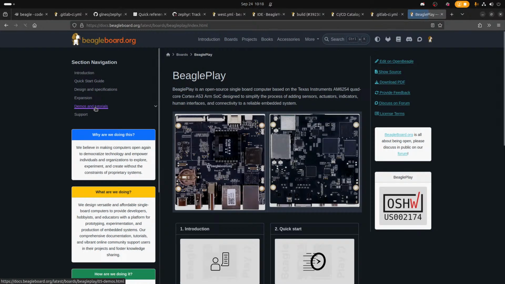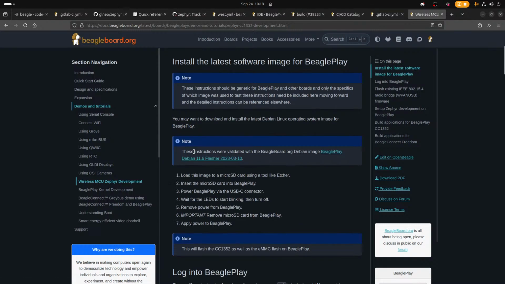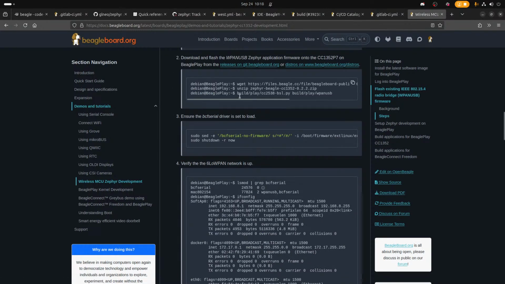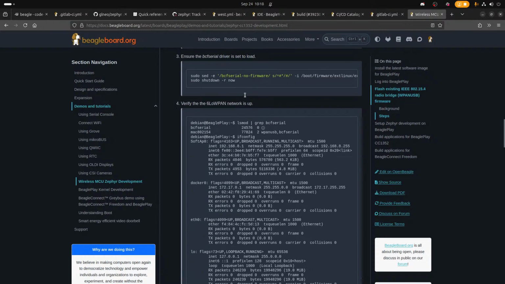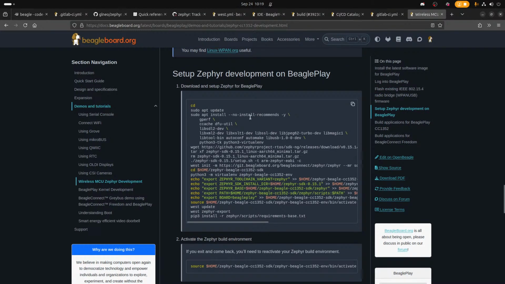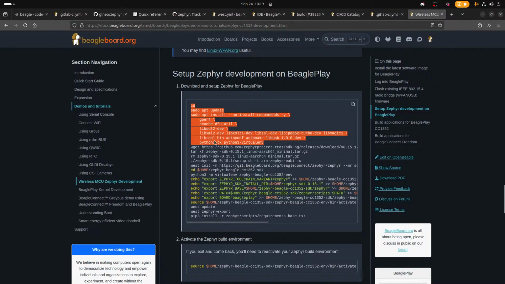Boards, BeaglePlay, demos, Zephyr development. Right, for local Zephyr development, using the known images, so starting it up. I think these are probably still good, right? So just kind of installing the basic tools.